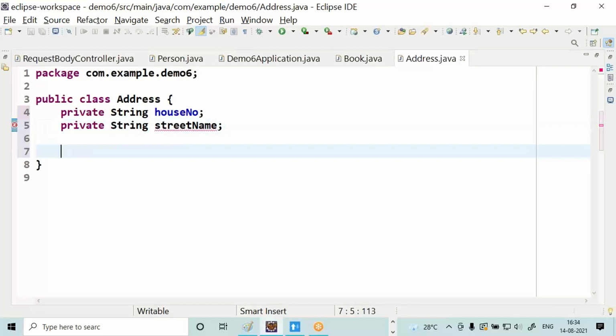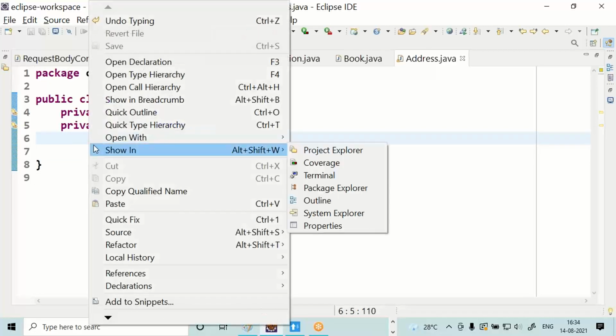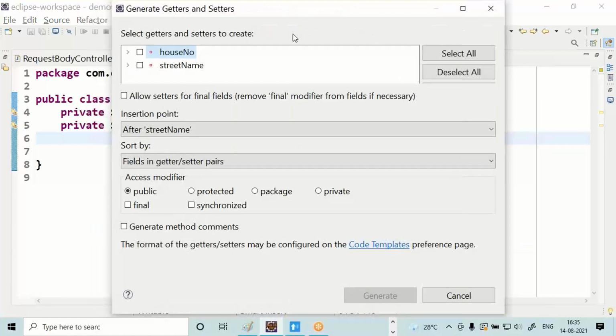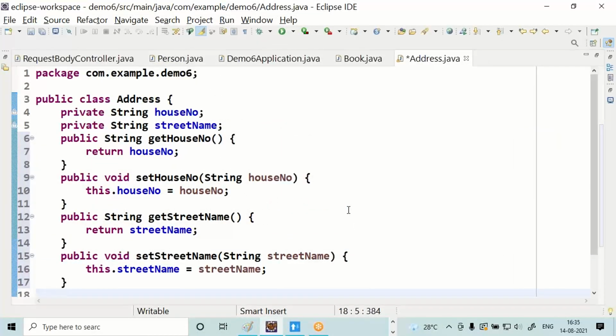Street name. Develop setters and getters for house number and street name.